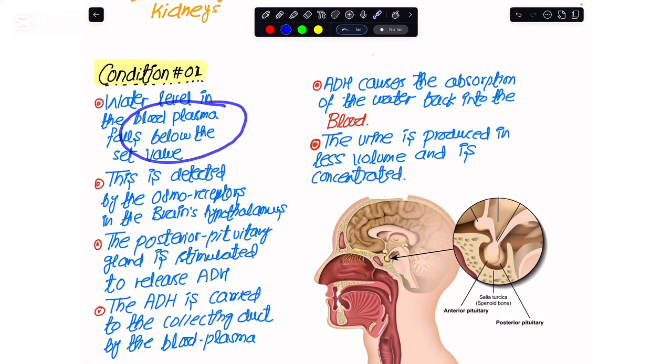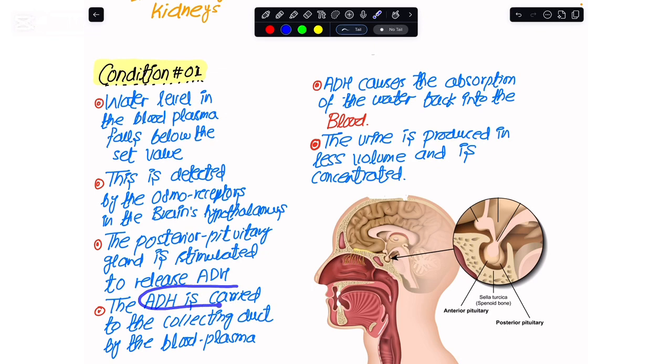Now, this is the stimulus, and it would be detected by the osmoreceptors that we have got in the brain's hypothalamus. If you look at this diagram, here we have the pituitary gland, and the pituitary gland at the back is controlled by the hypothalamus, in terms of how much ADH it would be releasing or not releasing. So after the osmoreceptors in the hypothalamus get activated, they compel the posterior pituitary gland that we have here to release more of the antidiuretic hormone.